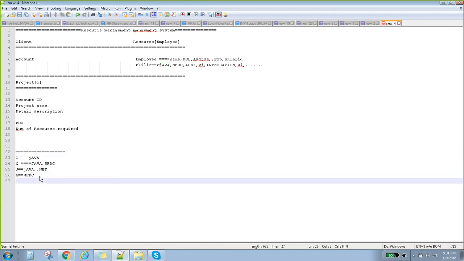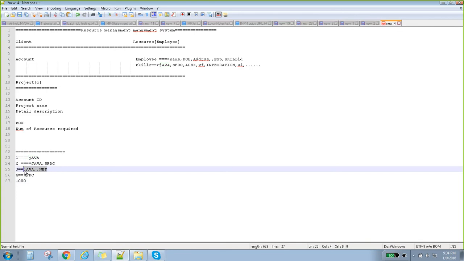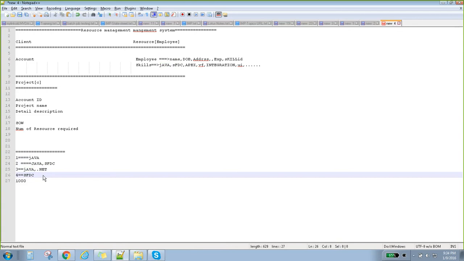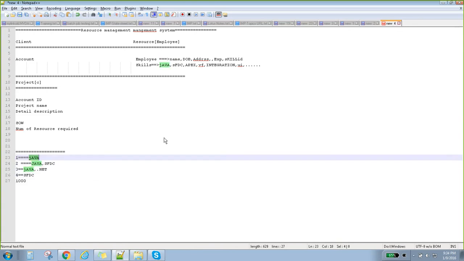Assume you have 10,000 records, and for each record we are storing this data, whether it's a string field or a multi-select pick list or whatever. Assume it is a column, so in each column we are storing this data. It is redundancy, right? Java is everywhere, Salesforce is everywhere. Instead of storing like this, store it in one place and refer to that place. In that case, you can save a lot of data storage. That is nothing but normalization. And it will also give faster results when you run a SQL query, right? That's also one thing.